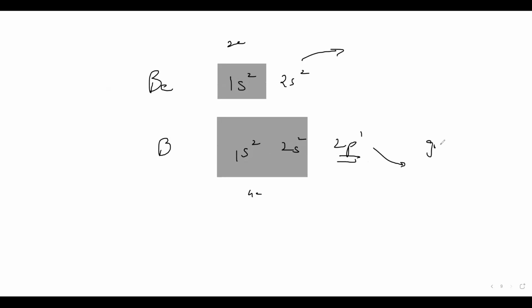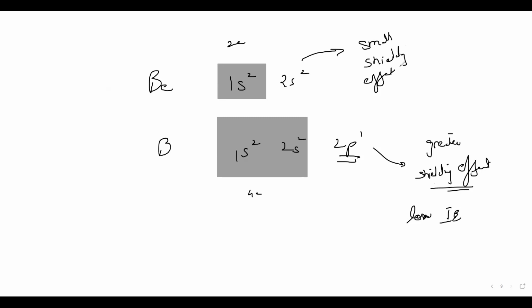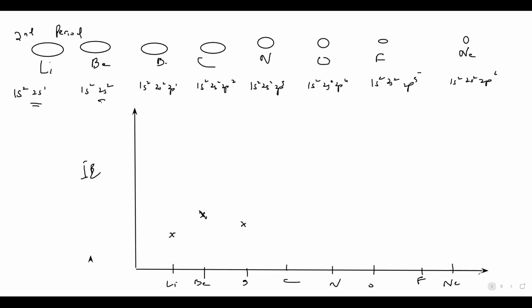So boron will have a greater shielding effect. And when the atom has a greater shielding effect, its ionization energy will be low. So this will have a low ionization energy, and this will have a small shielding effect. That's why its ionization energy will be high. Is it clear why boron has a lower ionization energy than beryllium? But it will not be too low, it will be between beryllium and lithium. Then moving on,